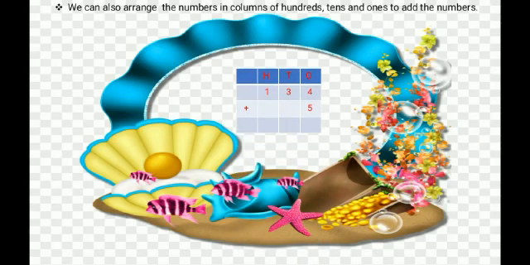You can see here is the box given to you, and on the first line it is written HTO. HTO means the place value. So in addition, the place value of each number is very important because the first number is 3 digit and the second number is 1 digit. So a 3-digit number has all three values, hundreds, tens and ones. But in 1 digit we have only ones, because 5 is a 1-digit number.